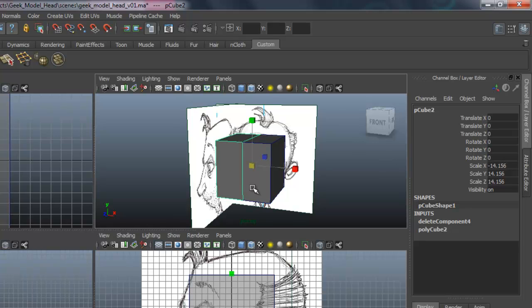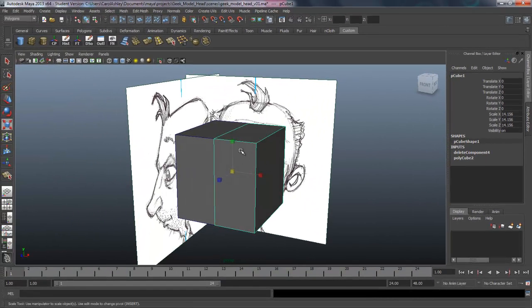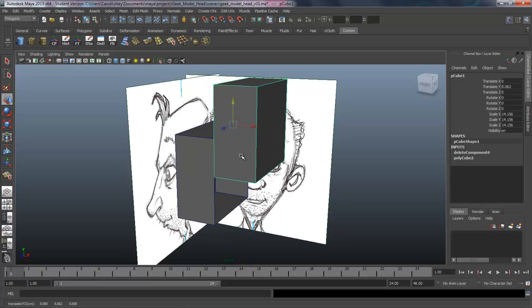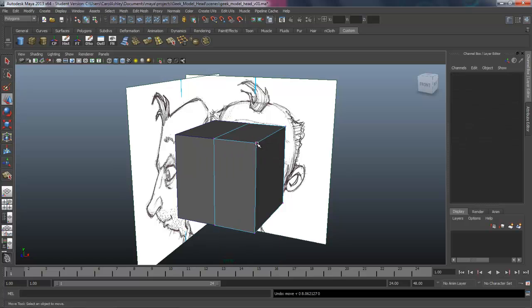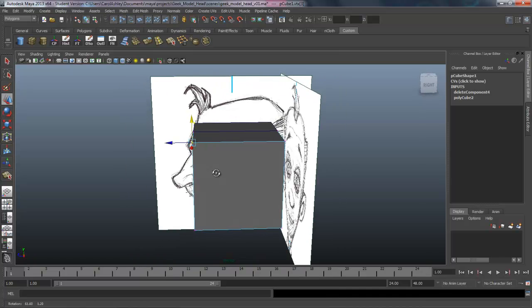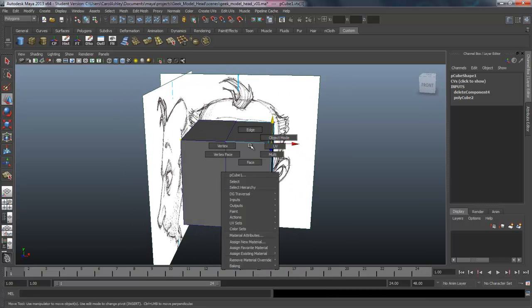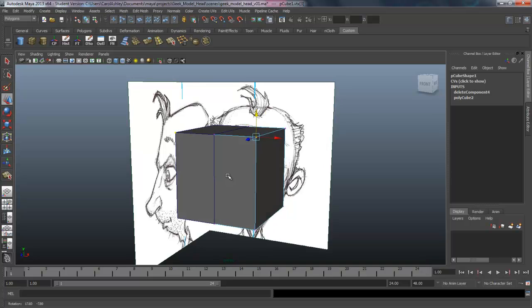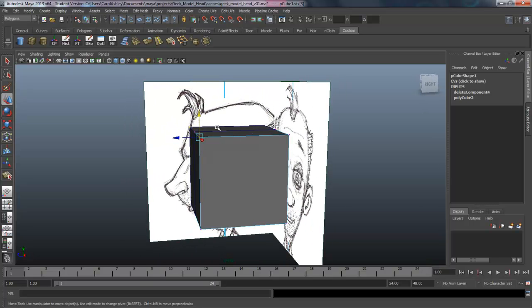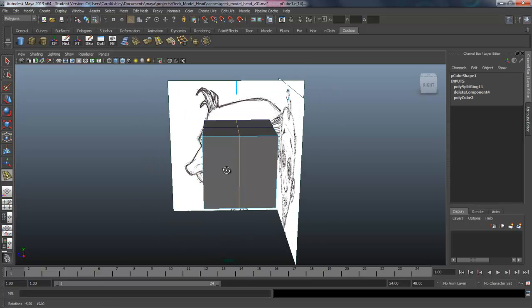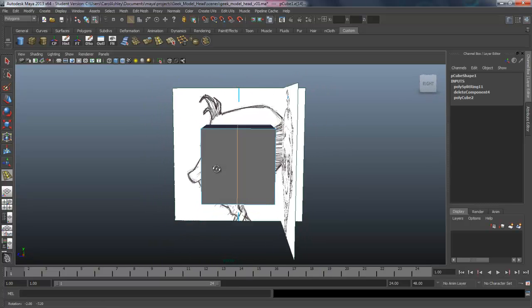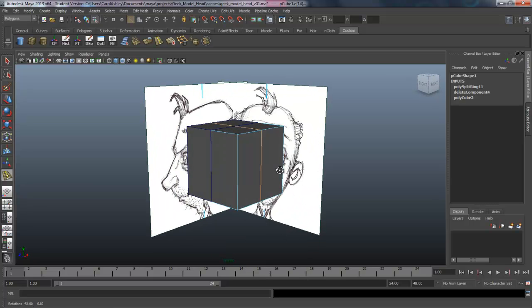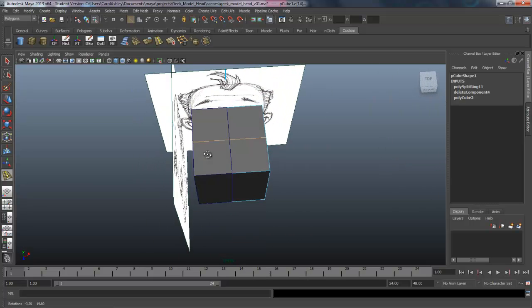So we've got 2 halves here now of the cube, and if I were to just grab the original one and pull it up in object mode, it's not going to follow along this way, but once we go into component mode, you'll see it starting to follow along with what you're doing and moving the points around. So any of the components work that way, as well as inserting edge loops. So if I were to just drop an edge loop here down the center, that's going to be our first loop that we put in to start blocking out the character's head. You can see that it sent that around to the other side.